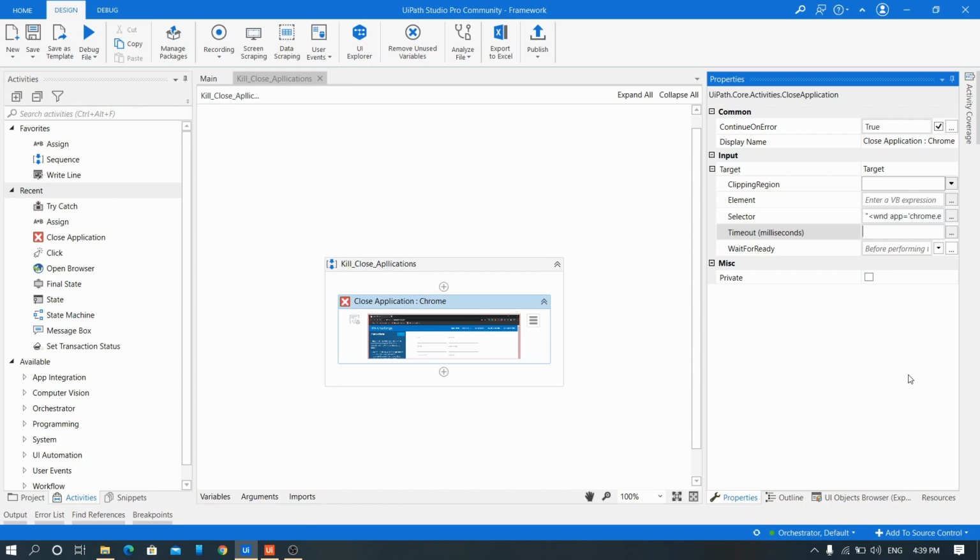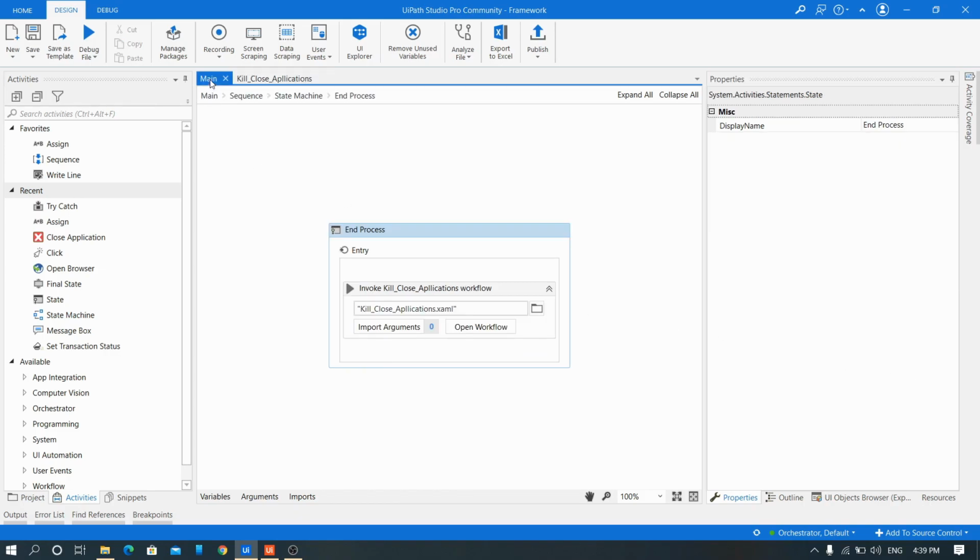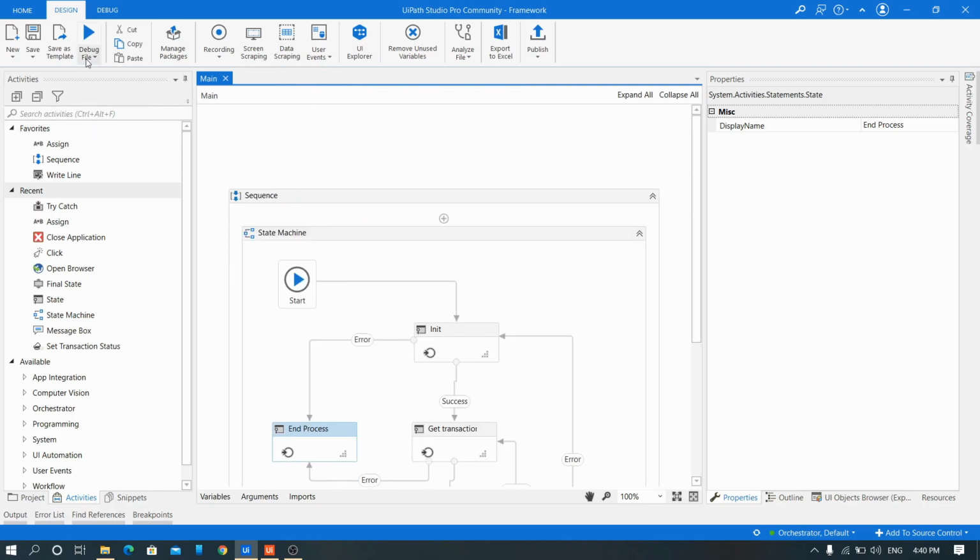Default timer, let it be 3 seconds, not more than that. Close the kill applications.